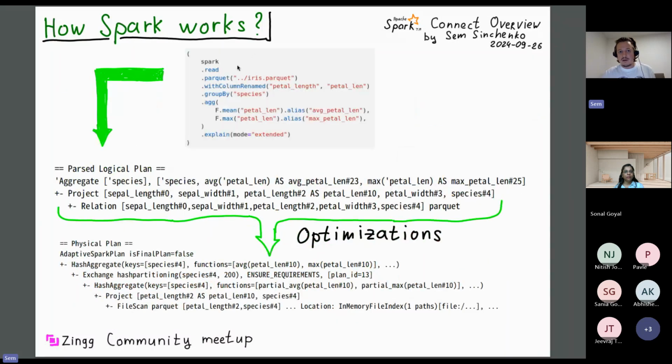For example, if we just create a simple PySpark application that reads a Parquet file, renames one column, groups by another column, and computes two aggregates, average and max. And after that, we just call explain. We will see both the parsed logical plan, or initial logical plan created directly from our data frame program, and the optimized final physical plan. And we already can see a lot of benefits of the lazy execution model because, for example, this